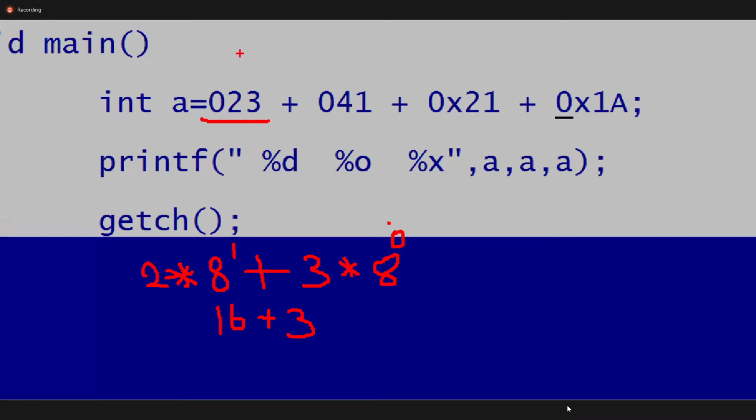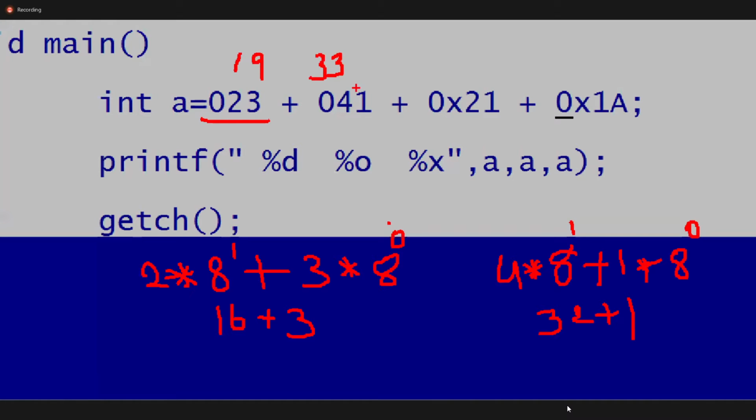First value is 19. Next one also: 1 into 8 power 0 plus 4 into 8 power 1. 4 into 8 power 1 is 32, plus 1. For the following, 33 is this.